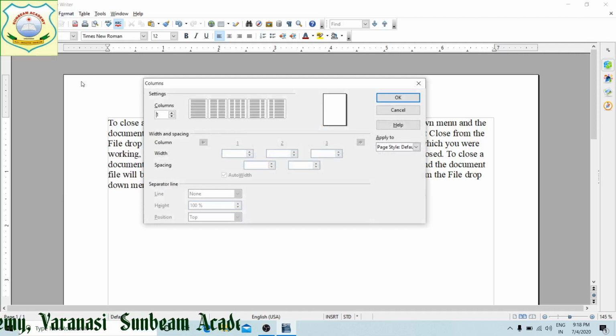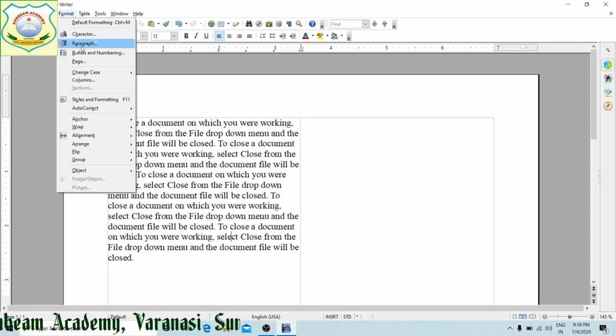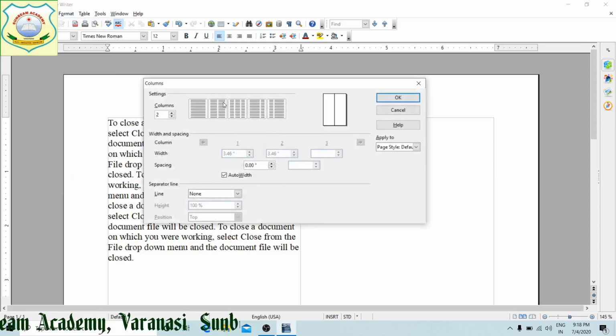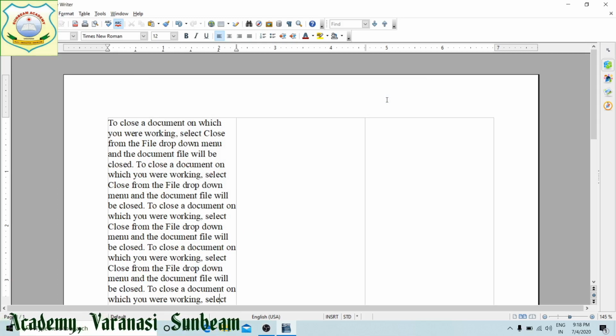When we come to Format Columns, we can increase the columns, how many columns you need. By default this is one column. Two columns with equal size: now you can see your page has been divided into two equal columns. Next is three columns. Likewise, you can divide your page into the columns you require, right?